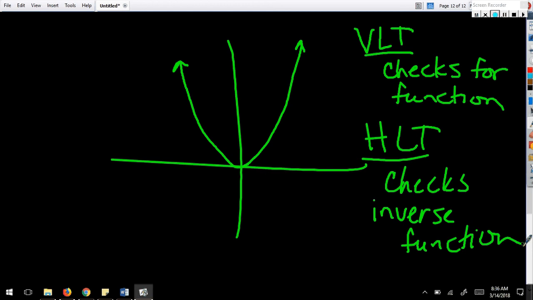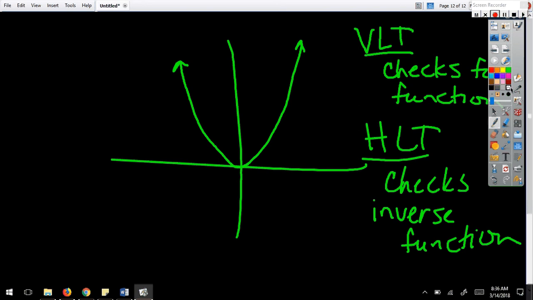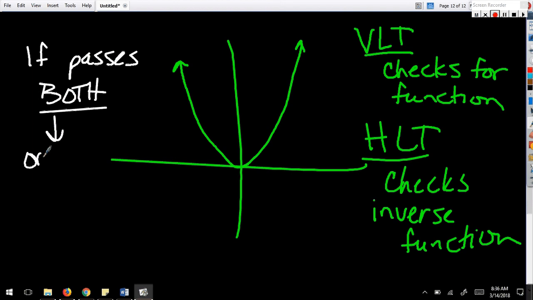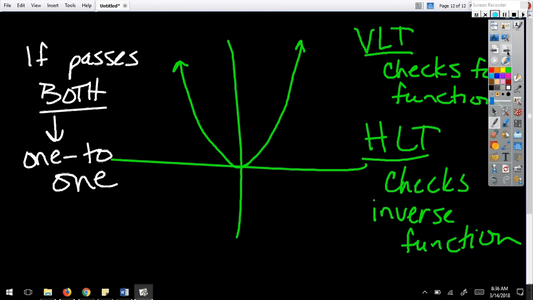I'm going to show you. Those are special functions, and I'm glad you brought that up, Tashawn. If it passes both, that is a very special kind of function that we call 1 to 1. Linear functions are 1 to 1 except for vertical lines. Cubic functions, those cubics that look like that, even if you switch them around,